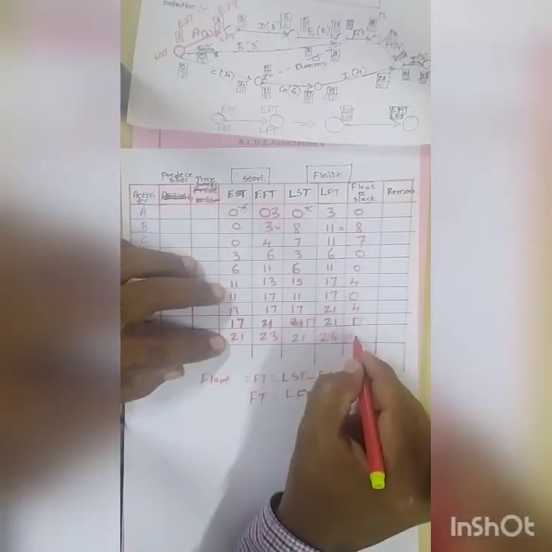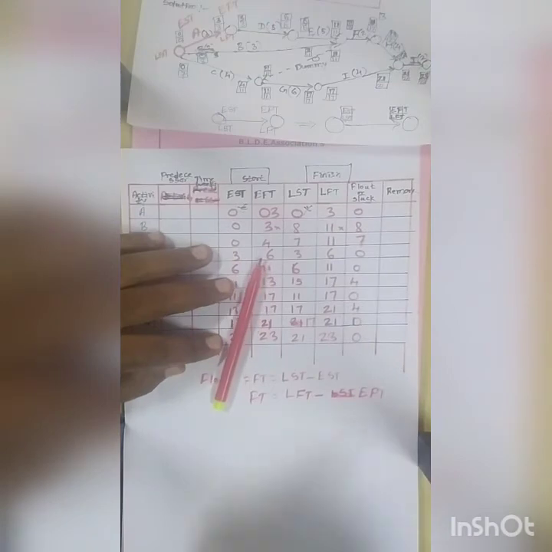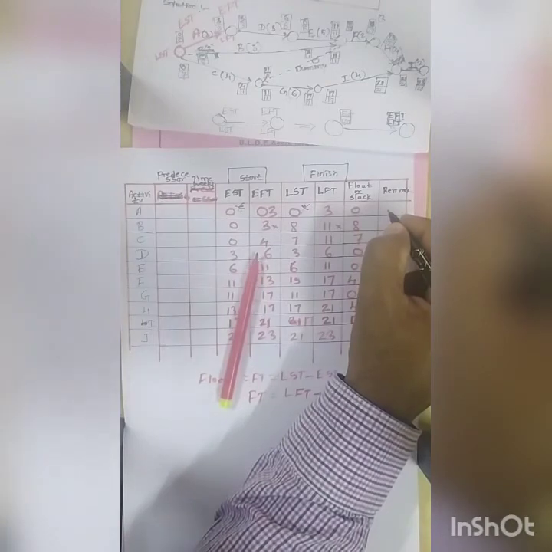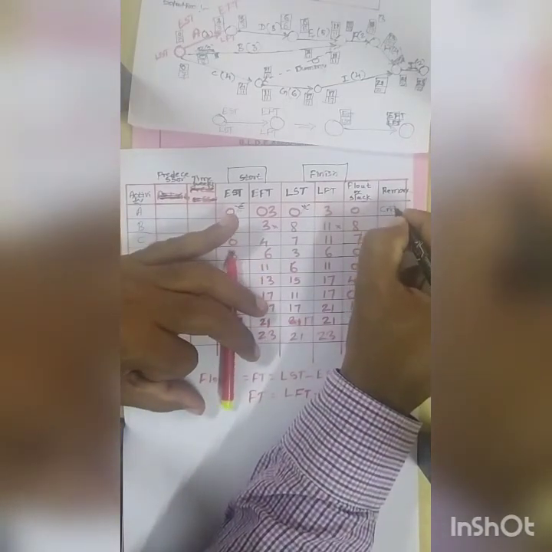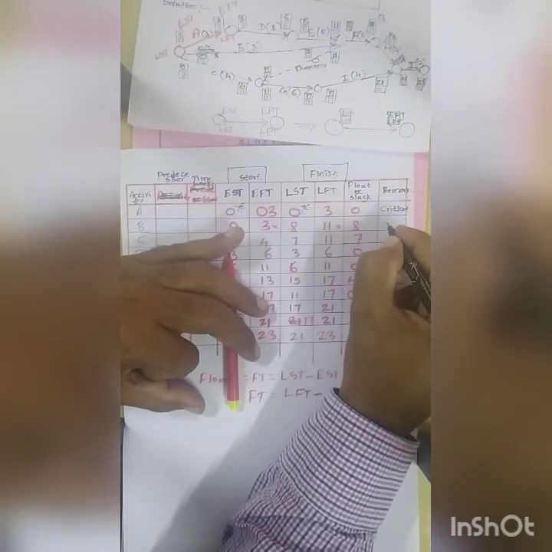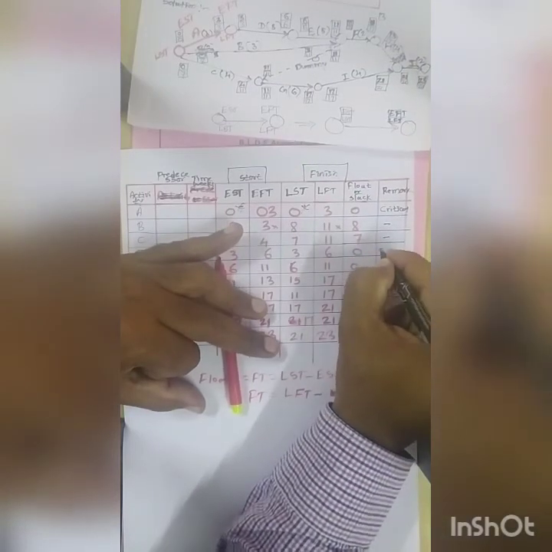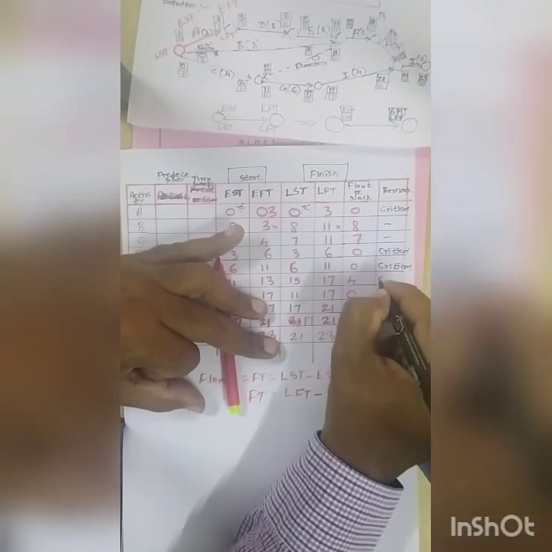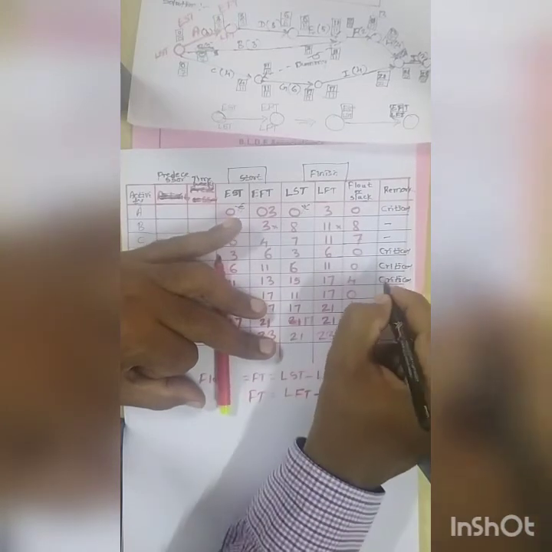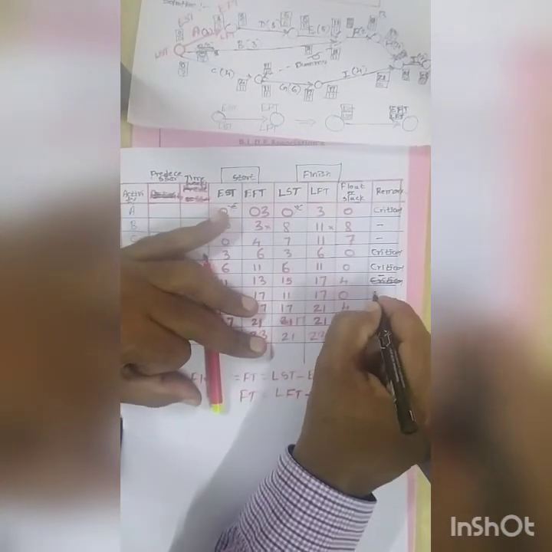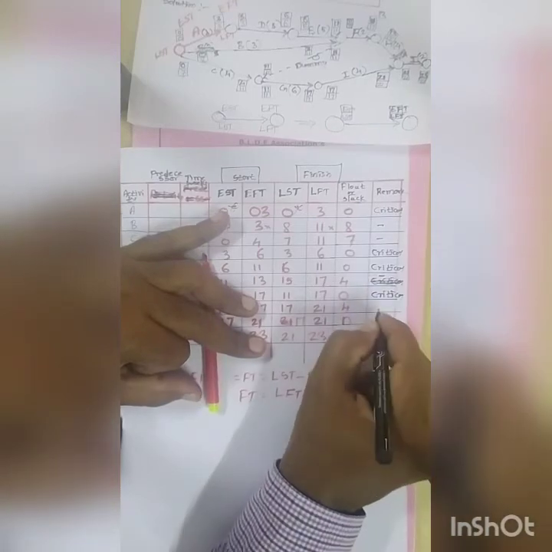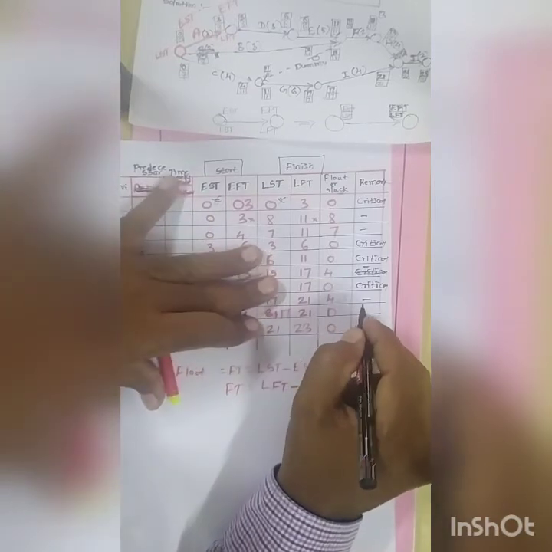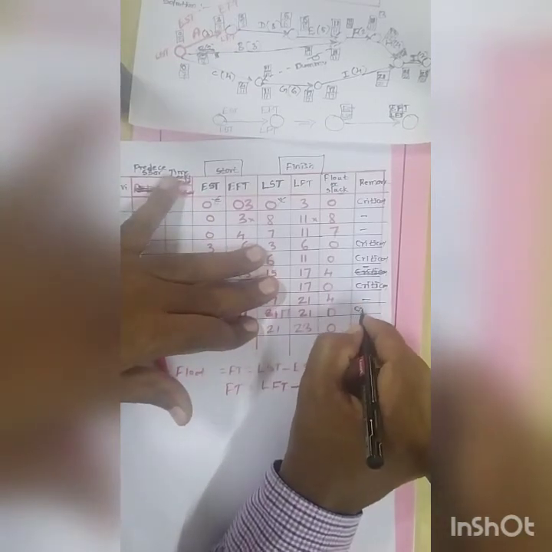21 minus 21 is 0. So here we have to suggest which is critical. The slack is 0 means the float is 0, and the variation is 0 means that is the critical one. In the remark, this is not critical, this is critical. Not critical, it is subcritical. That is, 4 is subcritical. If it is minus 4, that is supercritical.